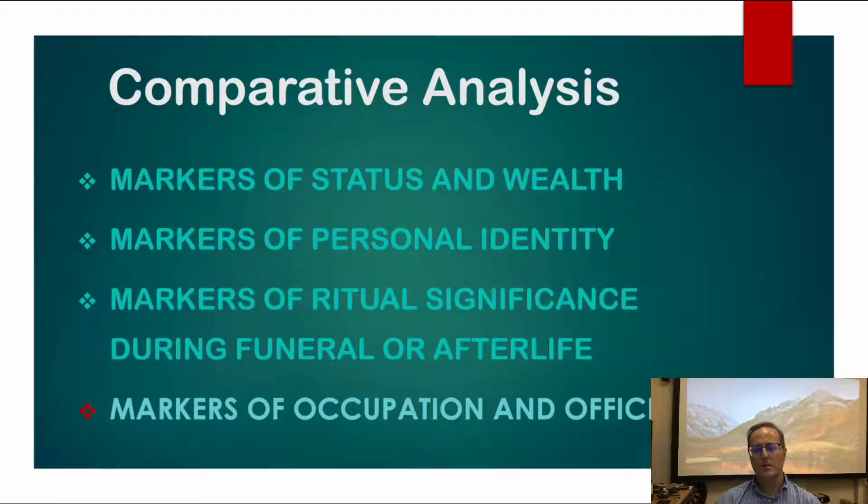But one of the most important similarities has to do with markers of their occupation or office. These men were scribes. And so it was very important to have themselves buried with indications of their occupation. So in Xi's tomb, he was buried with text that he worked with, and he was buried with writing equipment. Now in Hua's tomb, we don't have the writing equipment buried in his tomb, but in other scribes' tombs from the same time period and later time periods, they were also buried with texts, with pens, and all the materials that a scribe would use in his office.